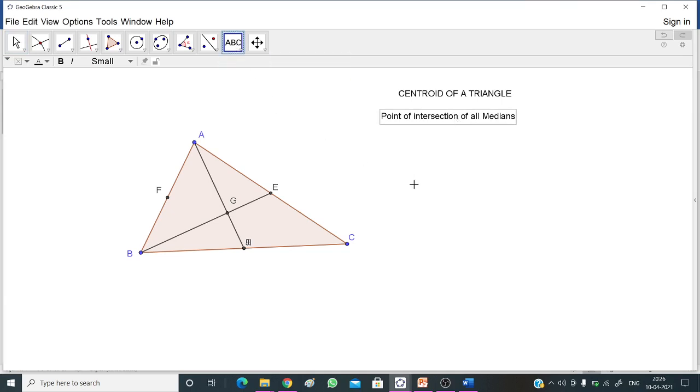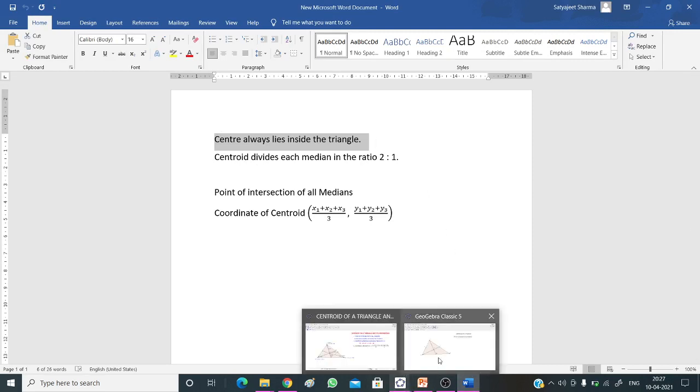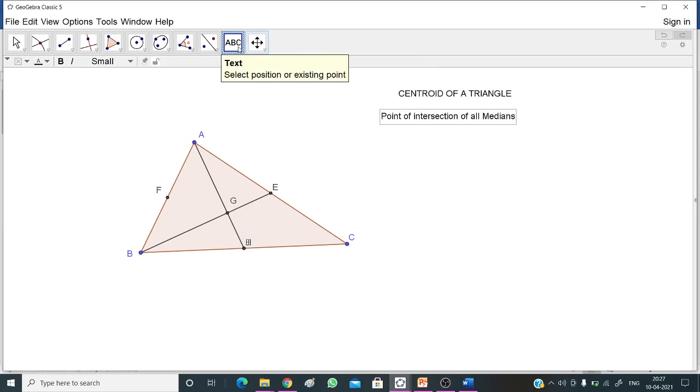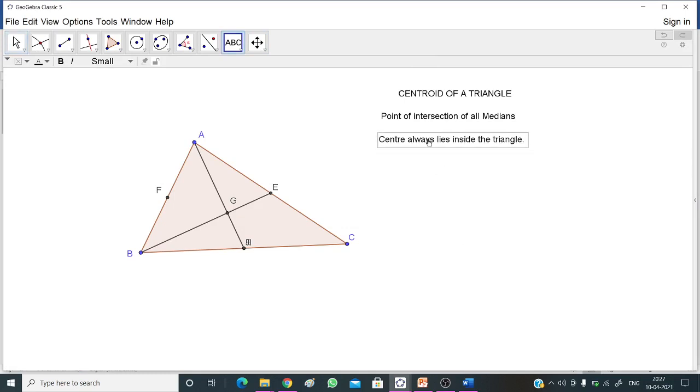Now come to the next property, that the centroid always lies inside the triangle.